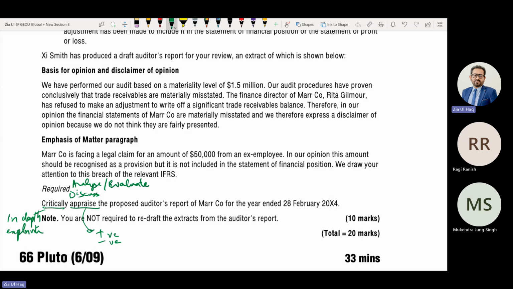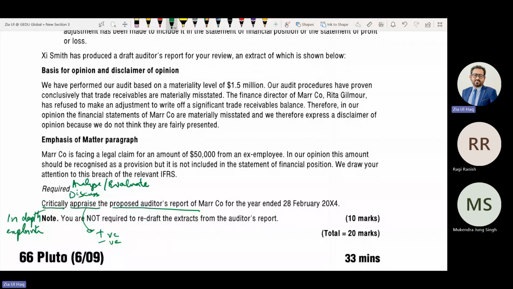The proposed auditor's report. What is the proposed report? That which has not been finalized. The company prepares proposed financial statements, meaning these could be our financial statements. In those financial statements, they make some adjustments, then they finalize, sign and issue. In a similar manner, the auditor prepares a proposed audit report. Who prepares it? The audit manager. And then it is reviewed by the engagement partner. If it is okay, he will sign, meaning finalize. So they have prepared a proposed audit report.